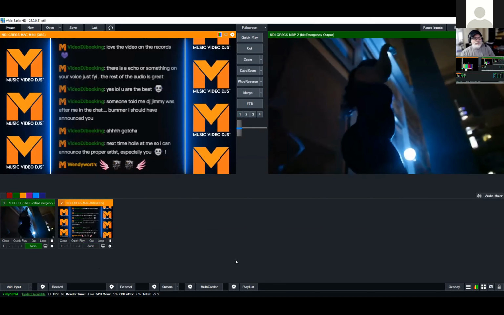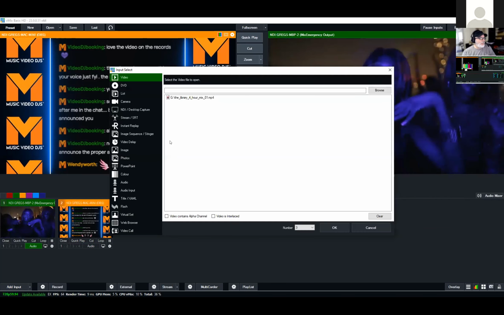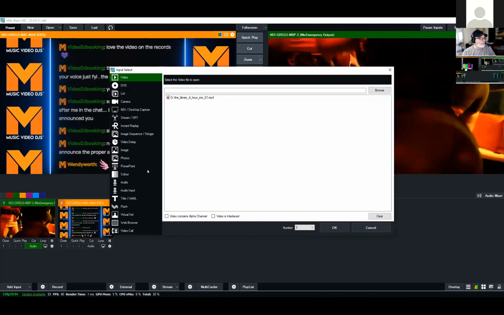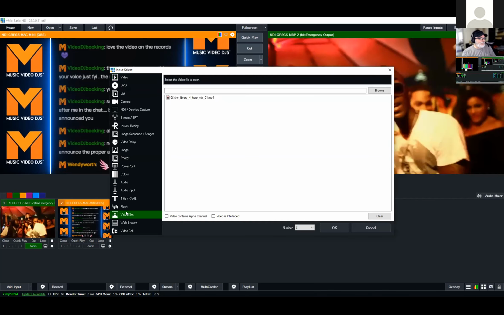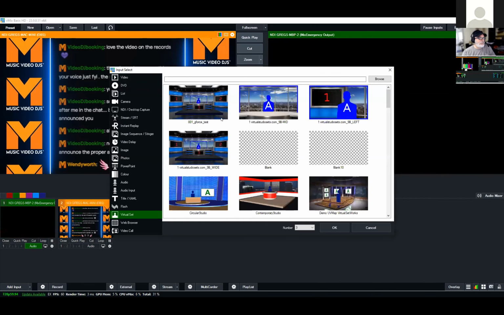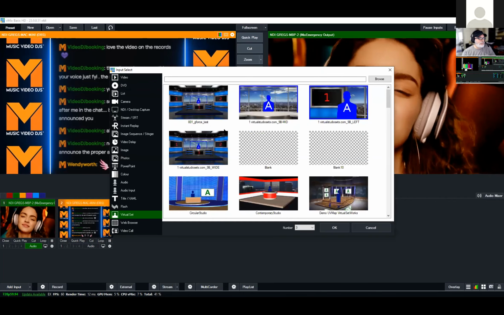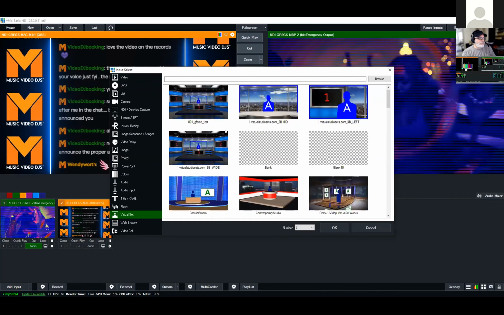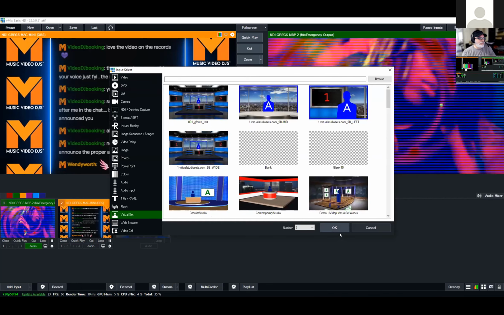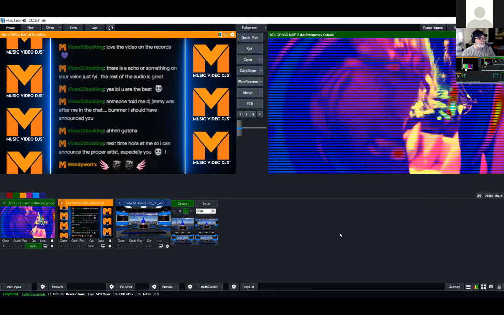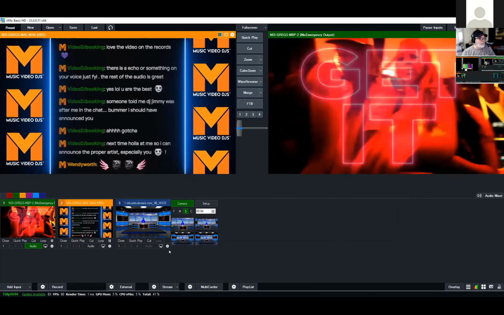So let's go to the virtual set. Let's go to add input, and vMix comes preloaded with virtual sets, but you can also create your own. So if we go to the virtual set section, we can select from a number of virtual sets they include for you. These range from 3D sets and desk sets to ones of just layout. So we're going to go ahead and add one here. And if we click on the virtual set input 3 to bring it into the preview window,